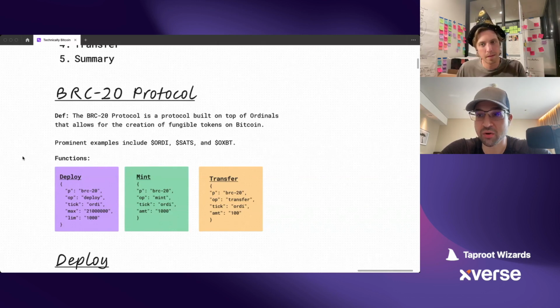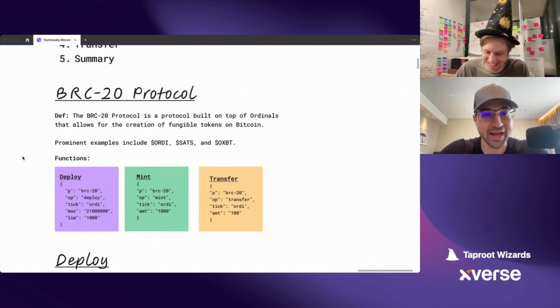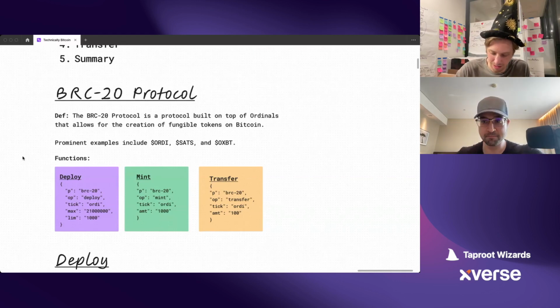How does it even work? So, Tyler, I want to create, let's say, Jan coin today, my own coin. Obviously, I'm not doing that. Don't buy into that stuff if it exists. Please, guys, don't do that. But if I want to create a coin today, what do I need to do? I see these functions: deploy, mint, and transfer. Those are the only options we have available. Is that correct? Those are indeed the only options we have available.